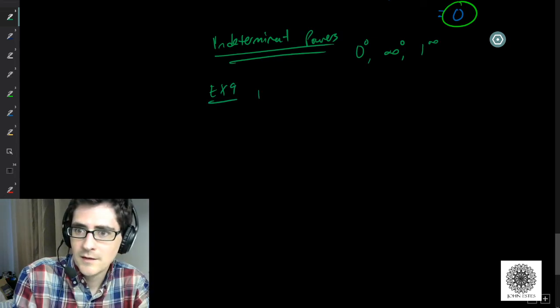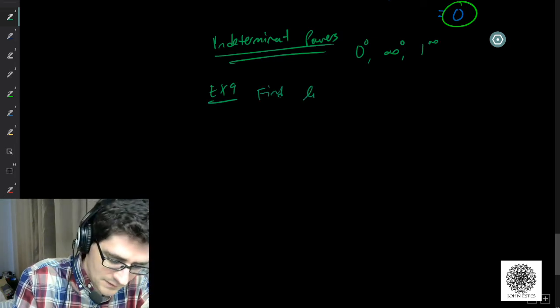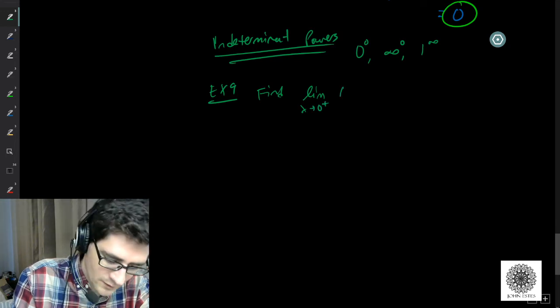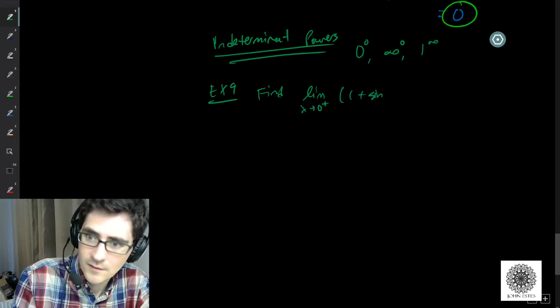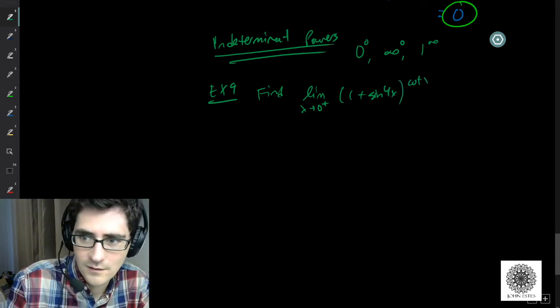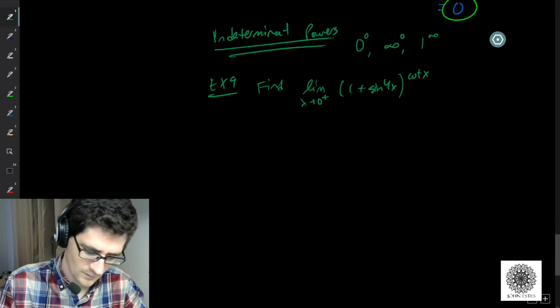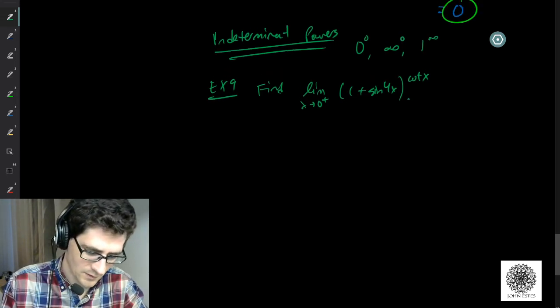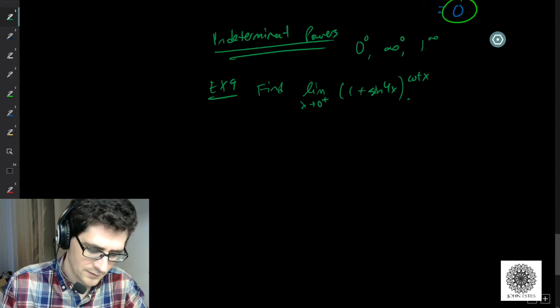This time we want to find the limit as x approaches 0 from the right of 1 plus sine 4x raised to the cotangent power. Are you kidding me? Okay, so think about it, as I'm approaching 0, sine of 0 is going